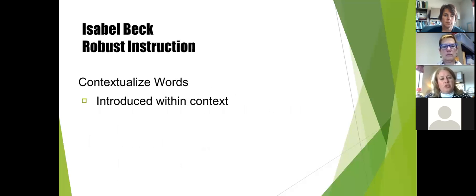New words should be introduced within context. Providing students with a list of words that are deemed vocabulary words outside of context is very problematic for students. We must provide them with the opportunity to learn words that come from authentic contexts. Giving students definitions alone is not helpful, but if they're presented with a context that's connected to text, especially after reading a meaningful text, the definition becomes much more helpful.